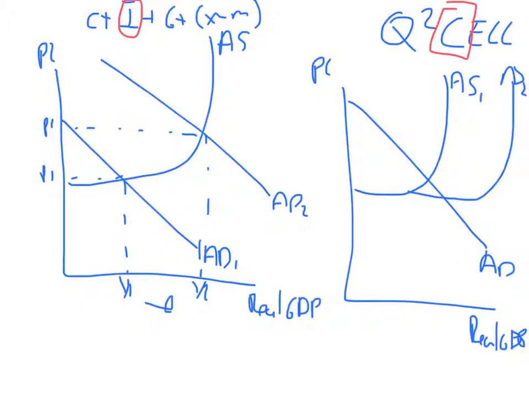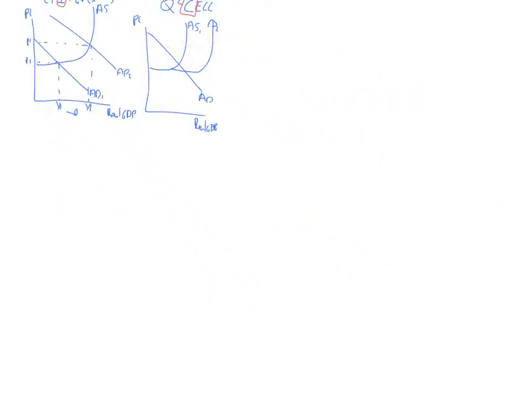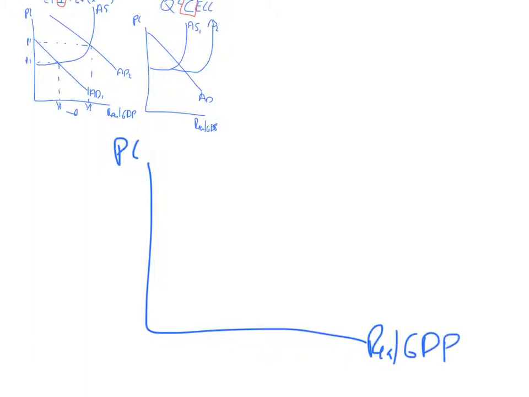Okay, now I know some of you are going to be sitting there thinking, why have you drawn two diagrams? Couldn't I put that in one diagram? Well, if you tried to do it in one diagram, you'd end up with this, right? They sometimes do this in multiple choice, and you'll notice in multiple choice it looks really confusing. If you tried to do it on one diagram, you have your AS going out like this,